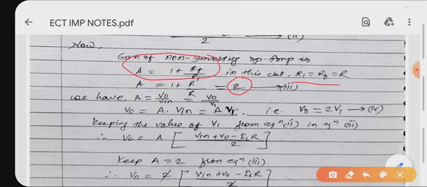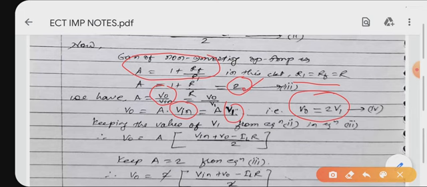So A is again the gain, we have VO by V in, output upon input. So VO is nothing but A into V in, where V in is nothing but V1. You can see the circuit diagram. V in is the voltage applied at node V1, the same voltage will be at node V1. So here we have calculated the value of gain as 2. So VO will become equal to twice of V1, equation number 4.